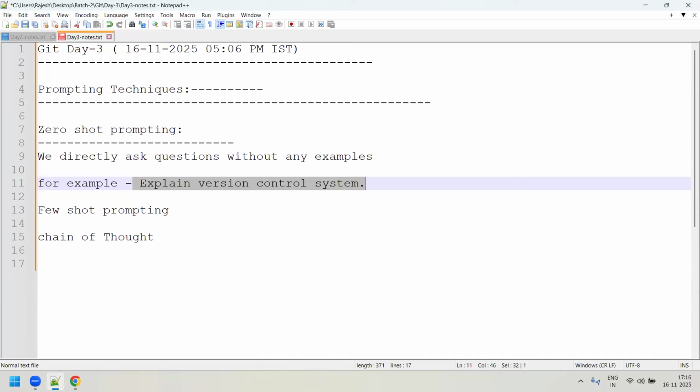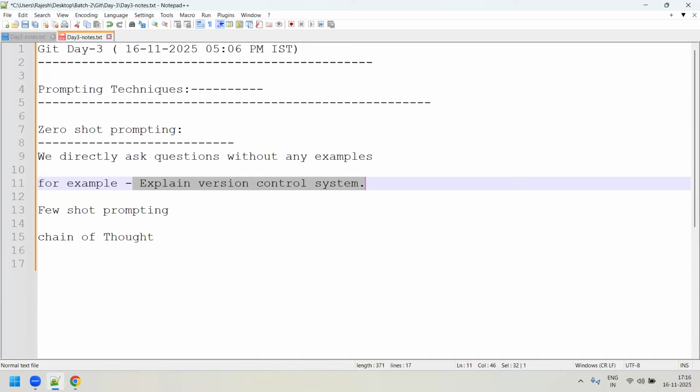Am I clear, sir? Guys, did you understand what I'm saying? Yes, Rajesh. Yeah. So now we will see all these examples, guys. How to use it and all, we will see now in some time. Okay. So for example, as I said, explain version control system. Yeah, definitely it'll give the information, but it will be elaborate. We don't need such elaborations actually. Okay, so that's all fine.